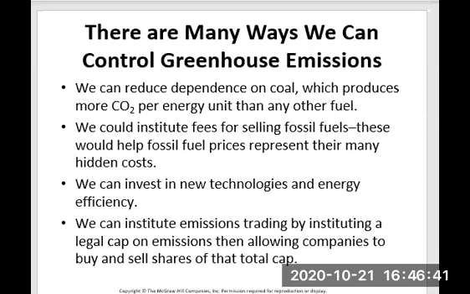We can account for the hidden costs, for example, the health costs, biodiversity, some recreation costs, and military expenditure to protect the oil fields. When these costs are no longer hidden, it will be clear that fossil fuels are not cheaper than the alternatives. We can invest in new technologies. The price of solar power has plummeted in several years, making the cost of new solar, wind, or coal power equivalent.